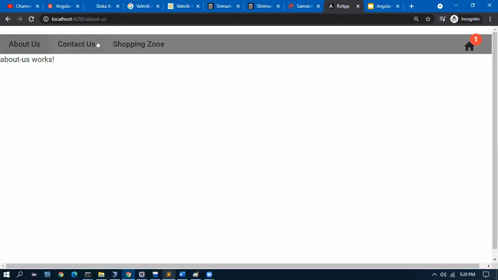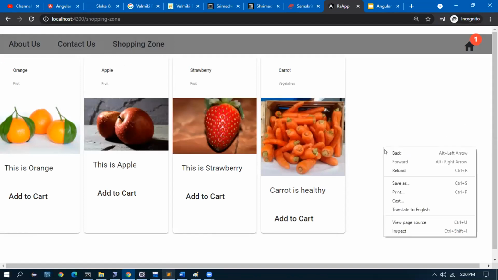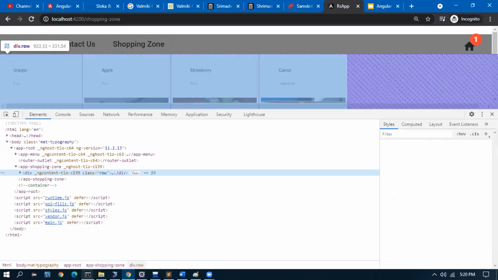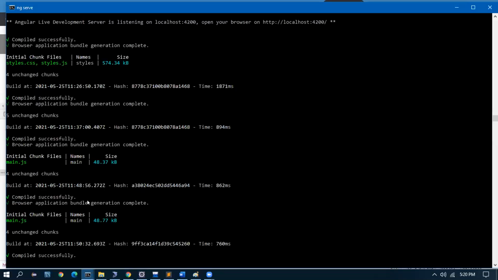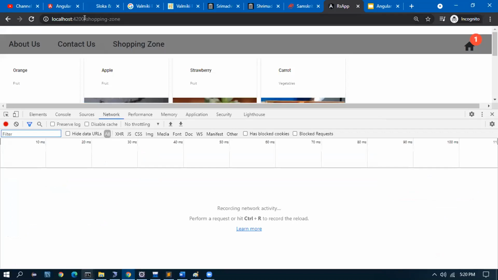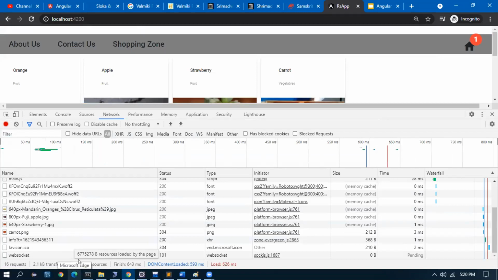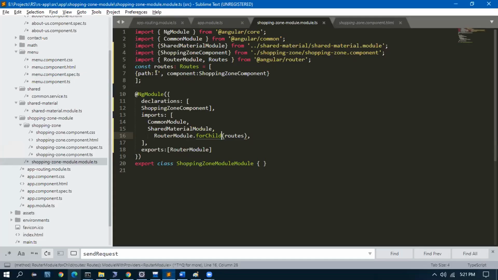So far, now let me go to inspect and see this, the Network tab. No, it is going to slash itself. I should do shopping zone here.